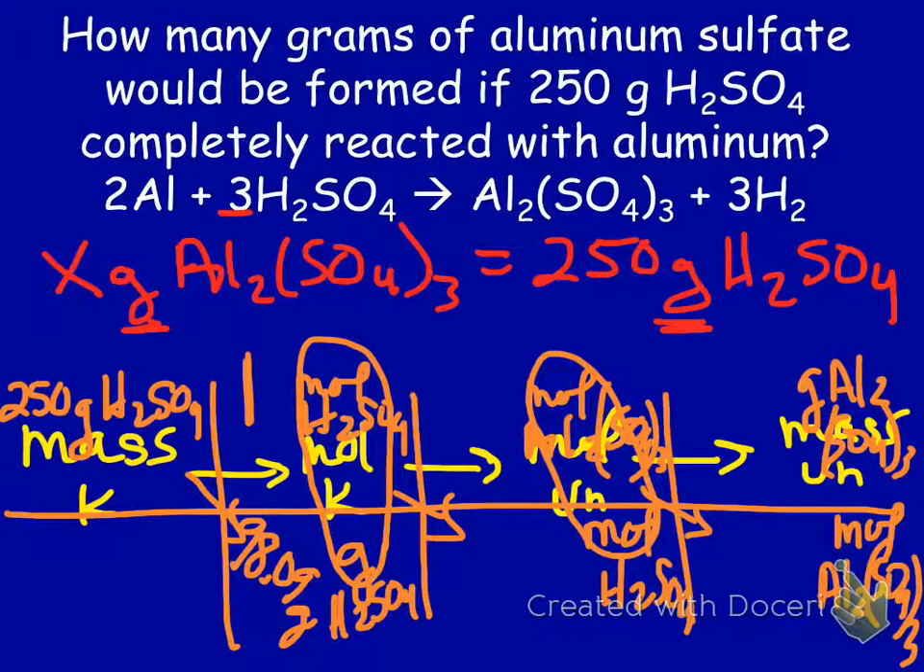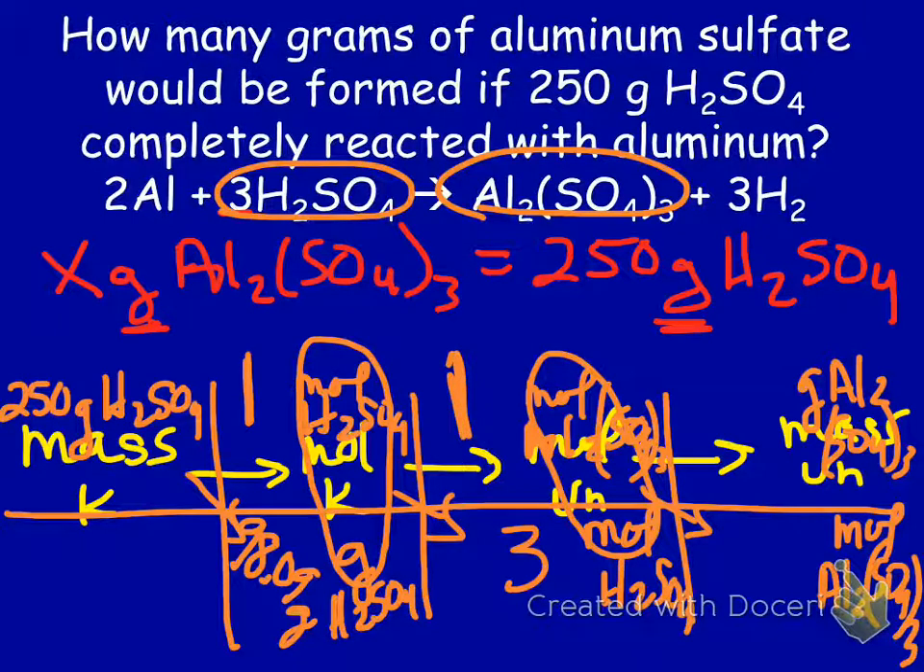The next one is a mole to mole ratio. I'm going to look at the balanced equation. H2SO4 is 3, and Al2(SO4)3 is 1. And then the last one is again a gram to mole ratio. So the mole is always 1. The grams, I have to add up 2 aluminums and distribute 3 sulfurs, and 4 times 3 is 12 oxygen. So that all adds up to